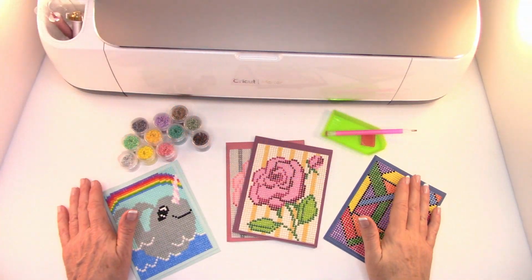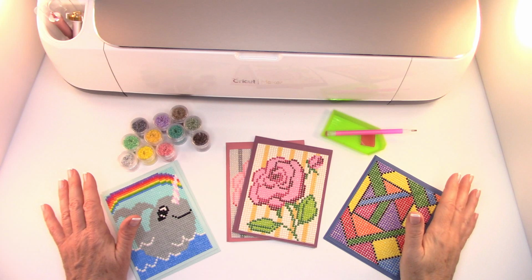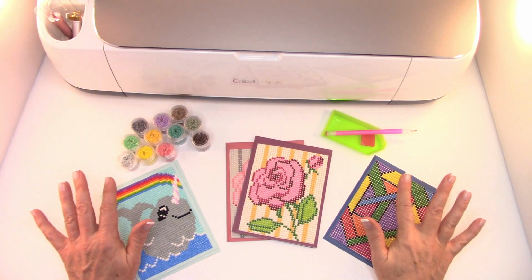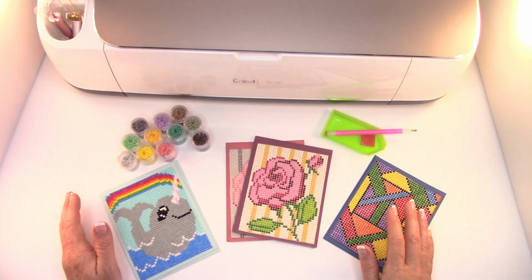Hey crafters! I can't wait to show you this. I, for a long time now, have wanted to jump into some diamond painting. It looks like so much fun. It's very meditative. It's very relaxing. Sort of paint by numbers, but they have a kind of a cross-stitch look or a stitched look, and they're